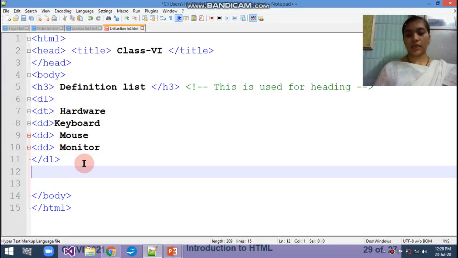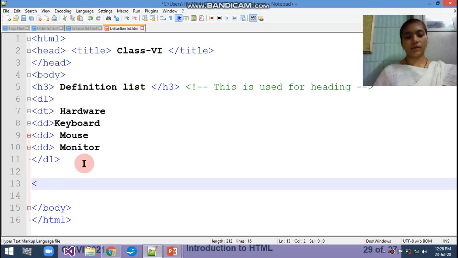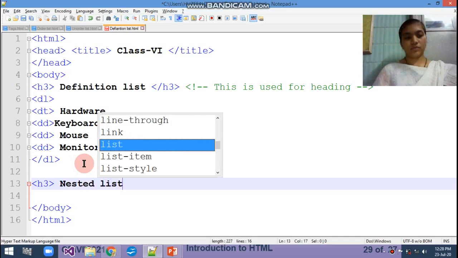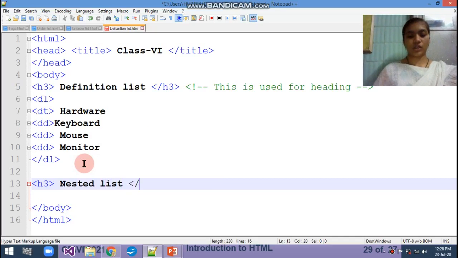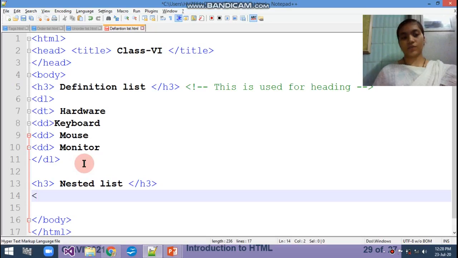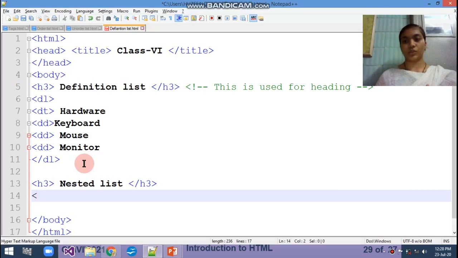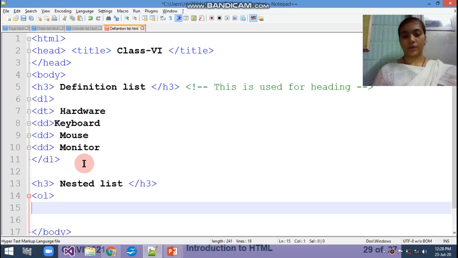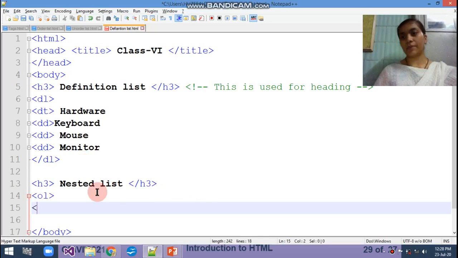Okay, again I am taking one head tag. H3 closed. Whenever you open any tag, you have to compulsorily close it. Okay, so first of all, as we learned OL and UL, I am just writing that OL. First, I am writing down the same example that you can see in the PPT. OL, first LI